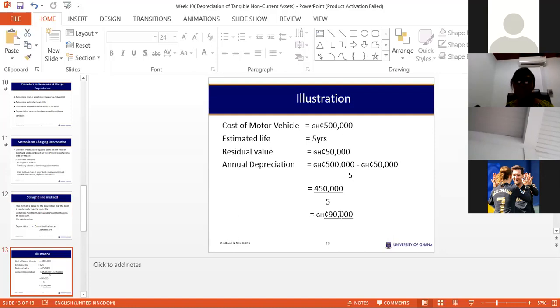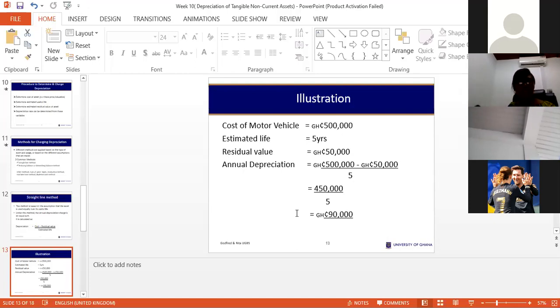So what we are saying is that on a yearly basis, for this motor vehicle, we will consume 90,000, irrespective of how we use it. That is the assumption we are making. And I told you that for these methods, they become a policy. It is a policy issue. So nobody can go and say, look, this motor vehicle should be